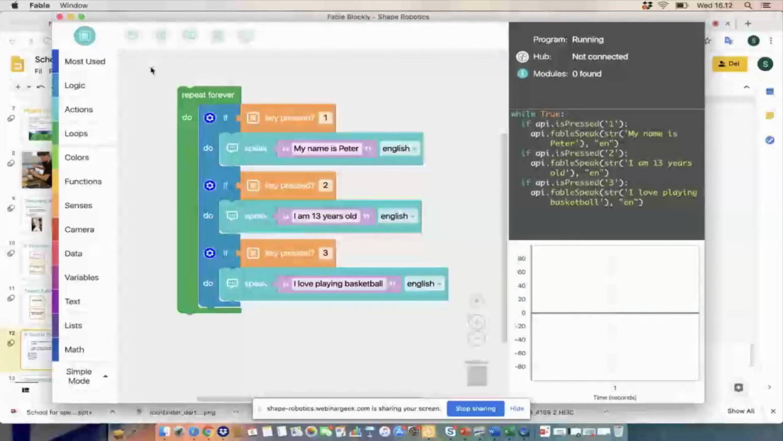My name is Peter. Peter has a very light voice. I know he's a woman here. So all that was quite sweet. I am 13 years old. I love playing basketball. So this is a way you can work with it too. I don't have the robot here. This is a code that I've just put together